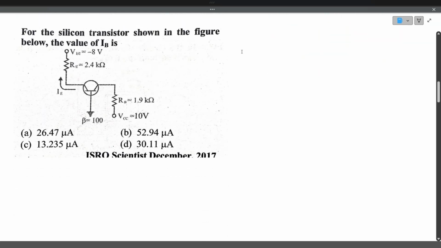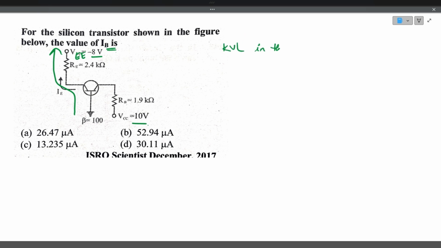Next question. For the silicon transistor shown in the figure below, the value of base current IB is. So this is the transistor circuit. We have VEE as minus 8 volts and VCC as 10 volts. So he's asking us to calculate the base current. So apply the Kirchhoff voltage law in the input loop. In this loop, if you apply the KVL in the input loop that covers the base emitter junction,